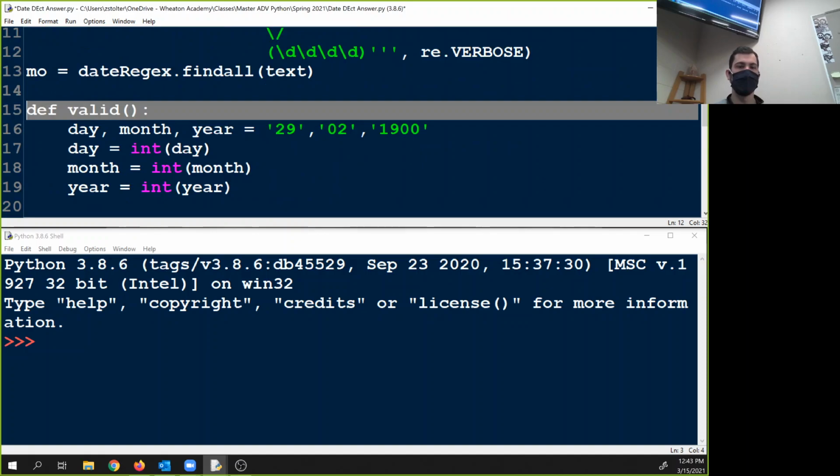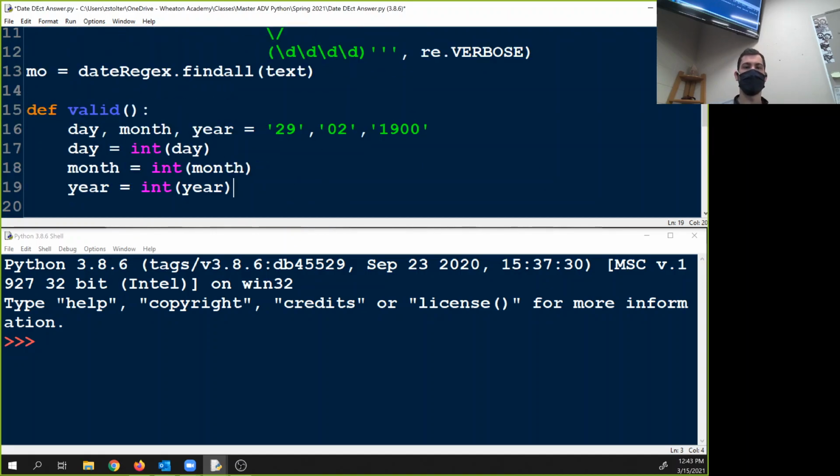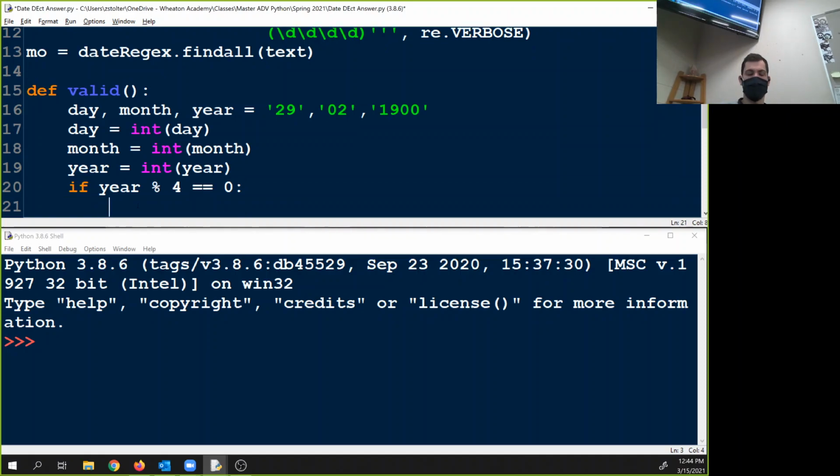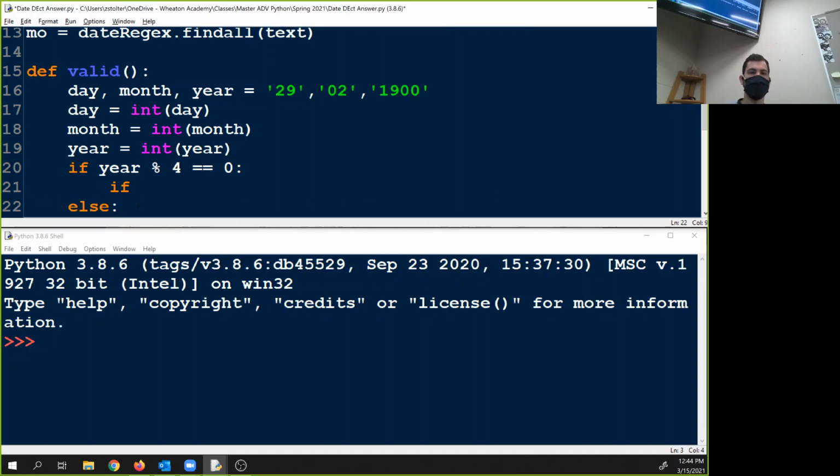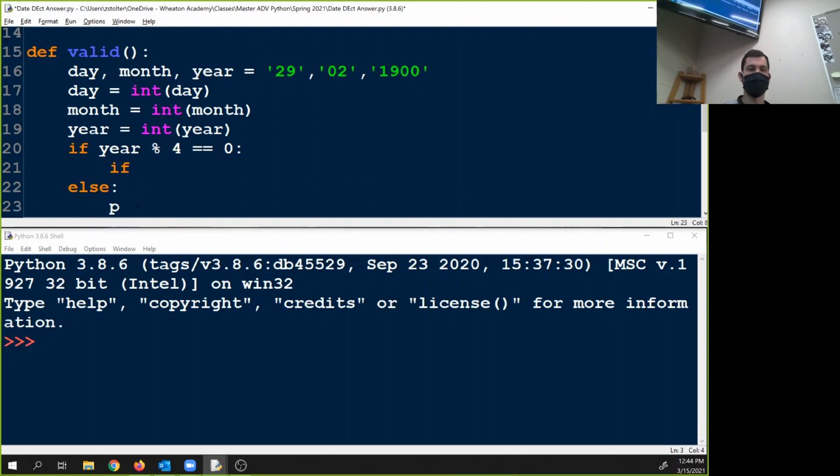So this depends on how you write it, but the real big part is figuring out whether or not something is a leap year or not. So if you take a year, the way you do it is if the year is divisible by 4, and that equals 0, then you can do another if, then we're going to do an else, and we're going to print